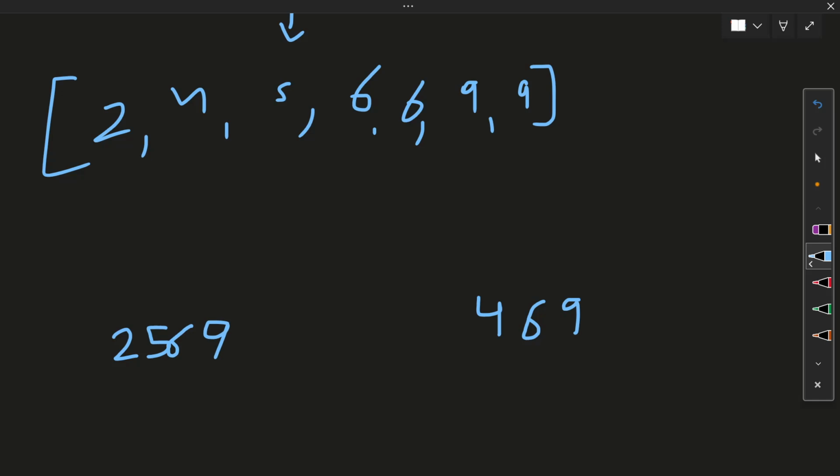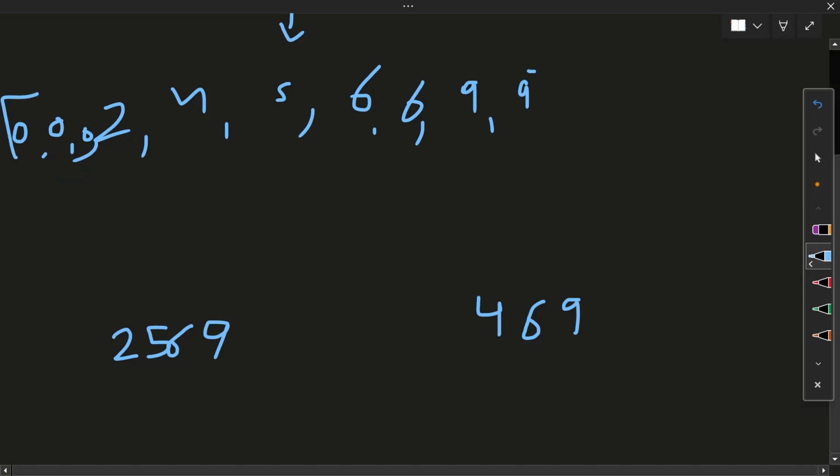So we have two separate numbers, but these can have leading zeros, which will occupy unnecessary space. Suppose in the sorted array we have this, and before this we have 0 many times.